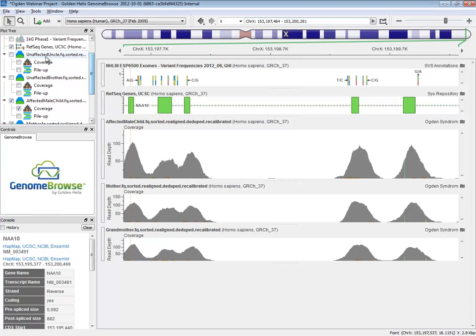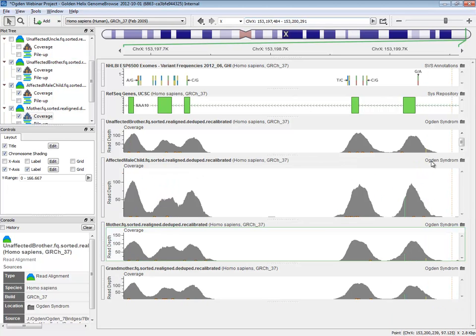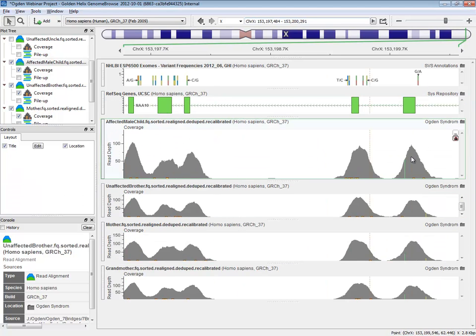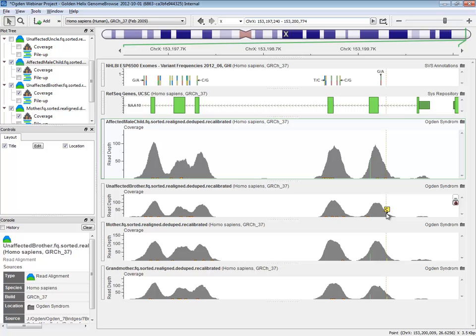Let's add in also, I'm going to unhide the unaffected brother. And outside of the exon, there's another variant here that was inherited from a heterozygous state to here. So you can see that there is essentially two haplotypes, as we would expect. From our chromosomal rearrangements or from our recombination, the brother got a different set of haplotypes, essentially inherited the chromosome that's represented by this heterozygote here, and the affected male inherited the chromosome represented by this heterozygote. So that's essentially the type of thing we want to do with Genome Browse.